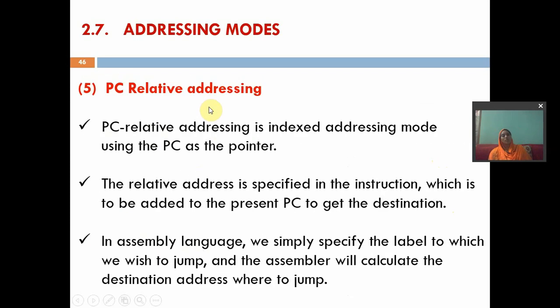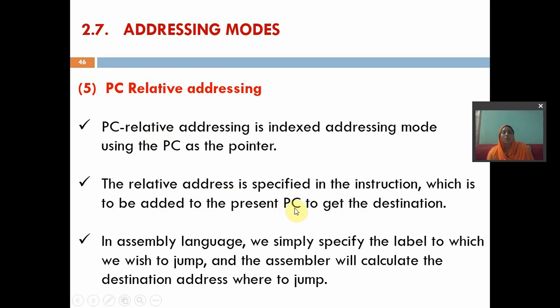Next, the last one is PC relative addressing mode. PC relative addressing is index addressing mode using the PC as a pointer. The relative address is specified in the instruction, which is to be added to the present PC to get the next address. What is PC? PC is nothing but the program counter.